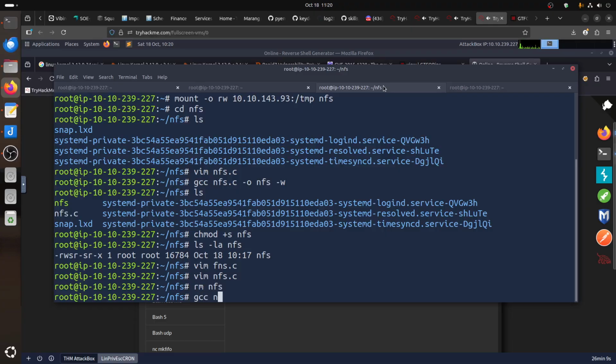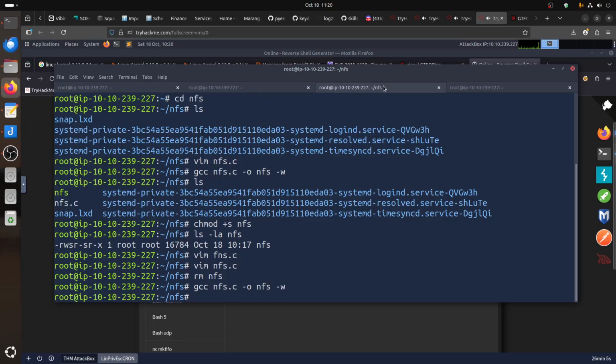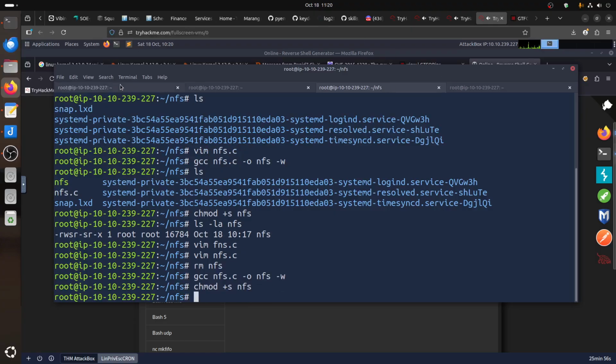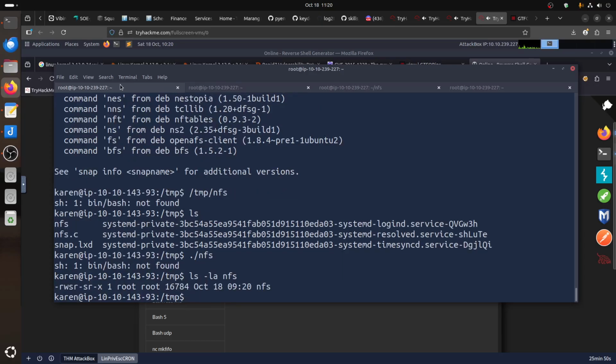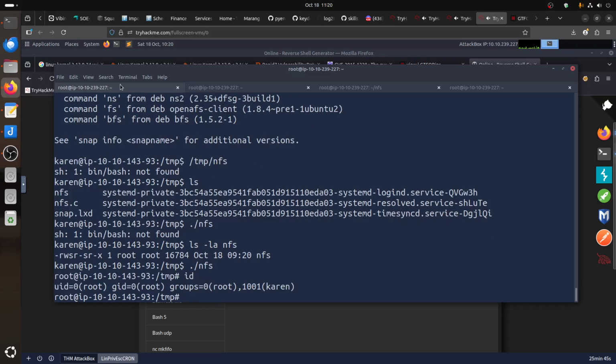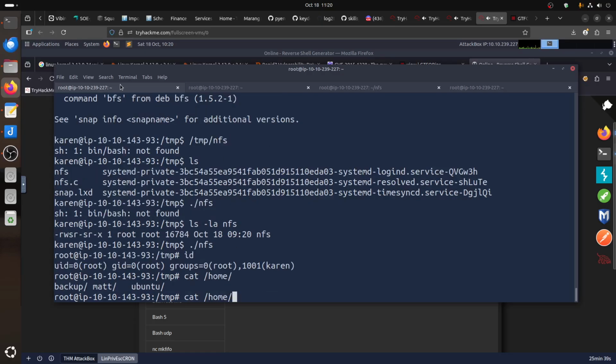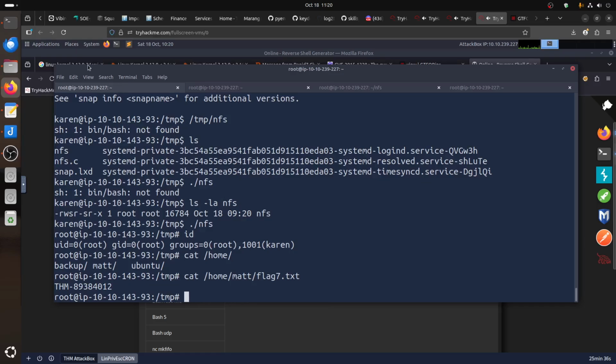gcc nfs minus o nfs minus w, chmod plus s nfs. Let's go back there. ls minus la nfs. And now if I do nfs I'm root, and if I'm root I can cat home. What's that thing? It was in the mat, I think, the flag. Yeah,